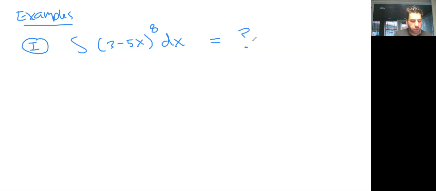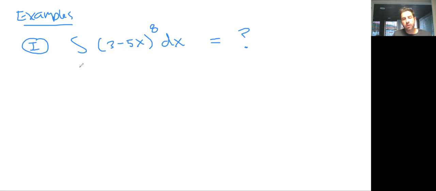So the observation you need to make is that you have a composition. You have 3 minus 5x being composed with the power of 5 function. And substitution or change of variable gives us a workaround. It gives us a way to take this creature and write it as an integral that we already know. So what I'm going to do is, and I'm not going to use y like we did yesterday,